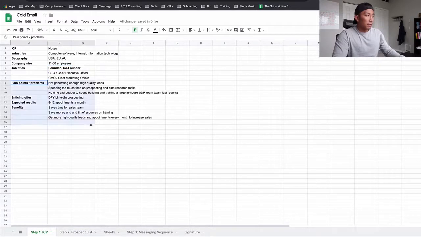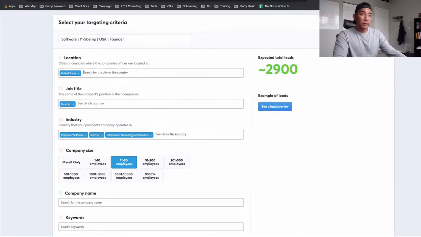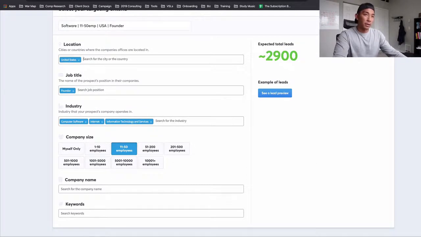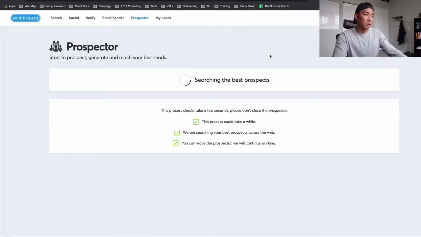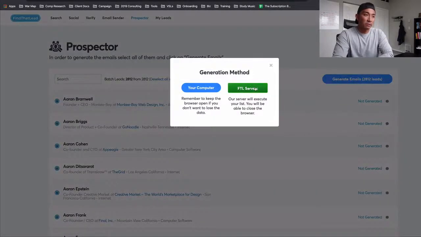Now, the pain points and problems, these things are going to be used in the actual messaging. But you can see here, now what we have, we can just click generate list here, and I'm not going to do this right now because I'm not trying to use credits on this. But if we click generate list, it's going to search for the best prospects who fit that criteria. Then we click generate emails here. We click FTL servers, and this is going to create a list and grab the emails of all the people